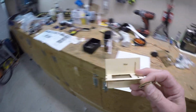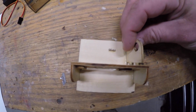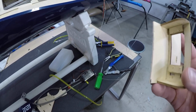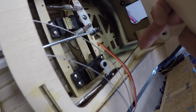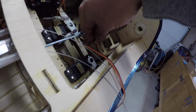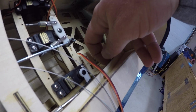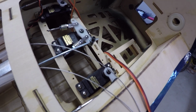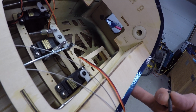So what I did is I took the mount that was supposed to be used for the air actuating servo, and this was actually mounted right in there. And I'm going to use this for the throttle servo. So what I did was measured the distance between the base tray there and the upper portion here, trimmed that amount off, you can see there, and now this fits just perfect in there. There's no wiggle room, so we can either glue or screw that in. So we're going to have the throttle servo sitting there, and I think what's going to happen is the servo is going to be sitting there, the arm's going to be positioned towards the outside of the fuselage,